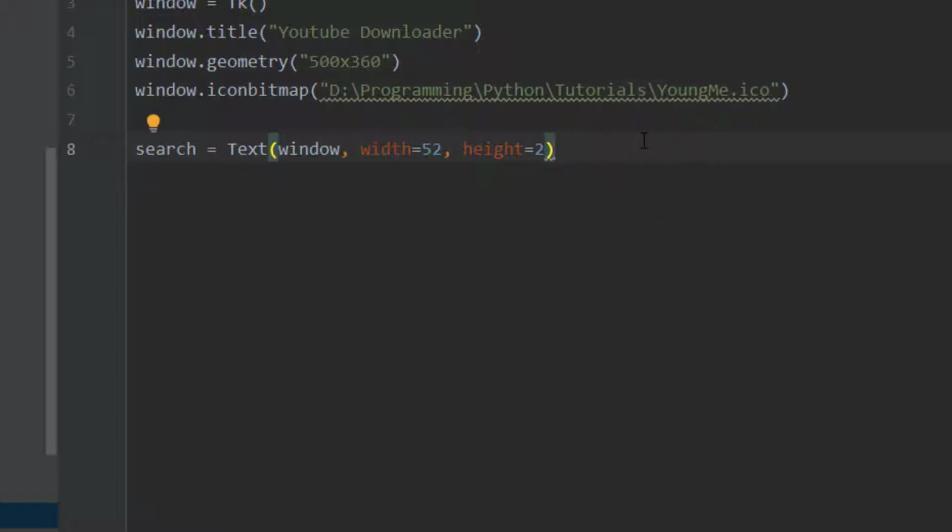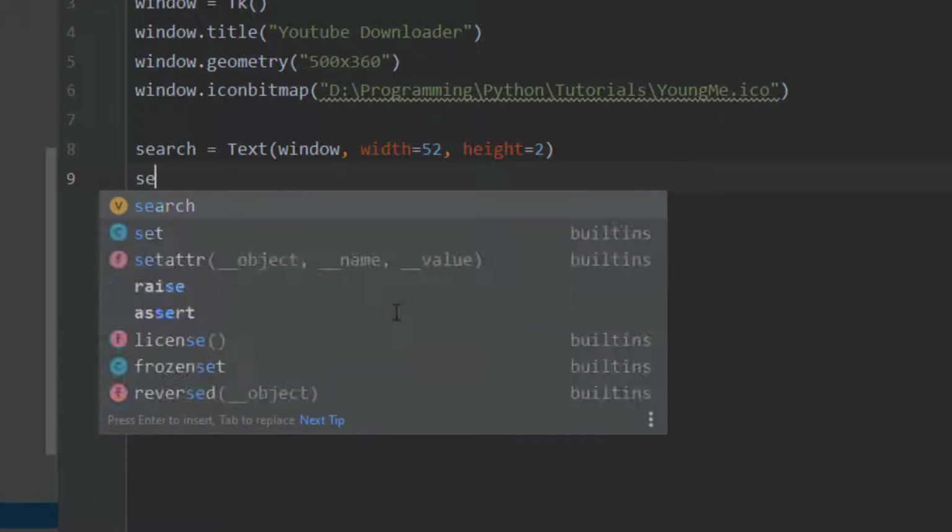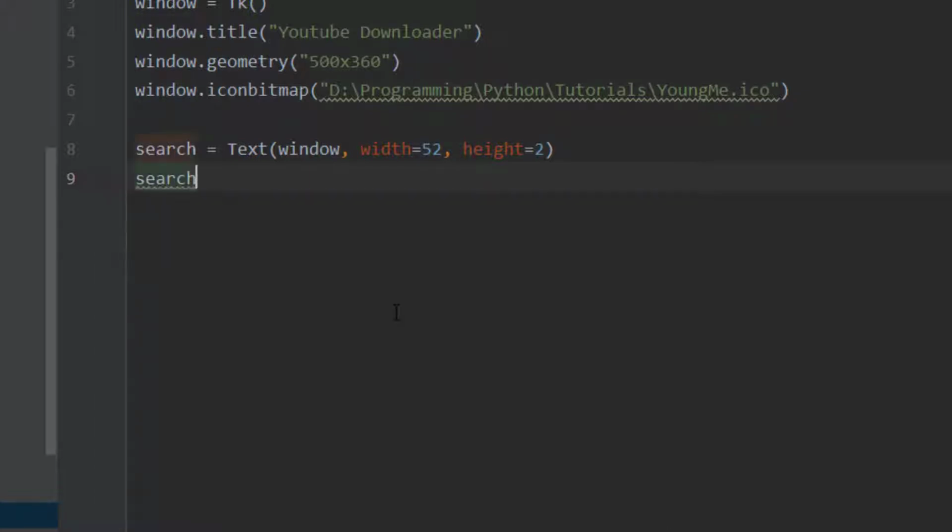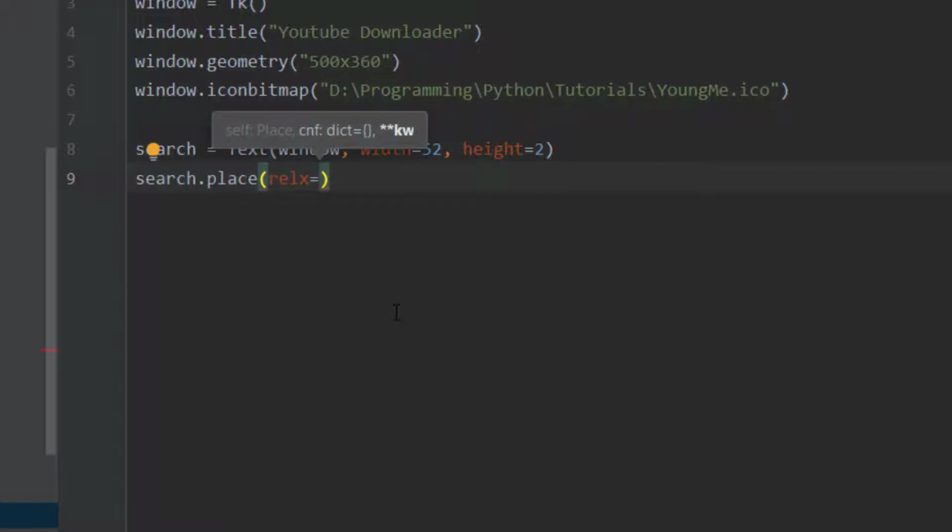Now after that, we're gonna have to place this, like it's created here, but it's not visible. Now we're gonna place it on the window. Where is it going to be placed on the window? So we're going to do search.place. Now we're going to place it using the relatives, so we're going to do relx, and every relative value is going to be lesser than